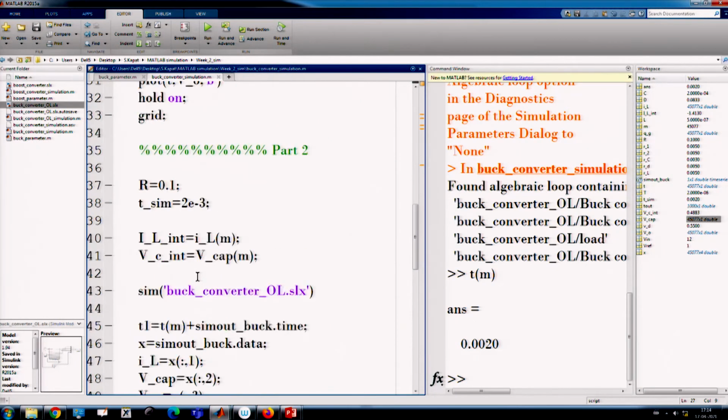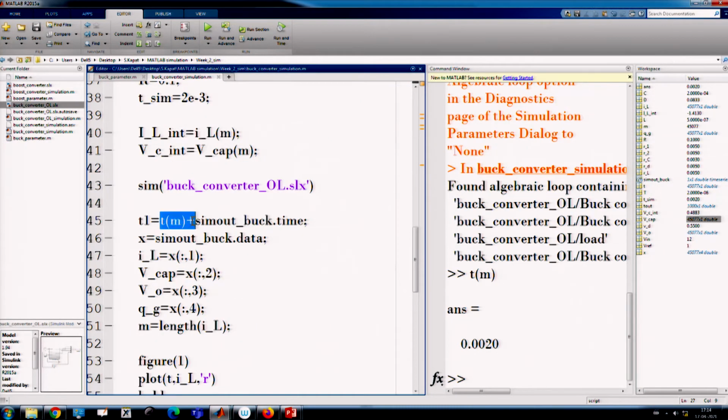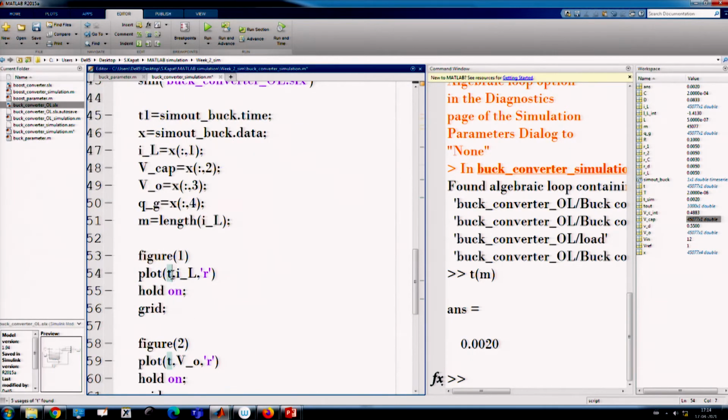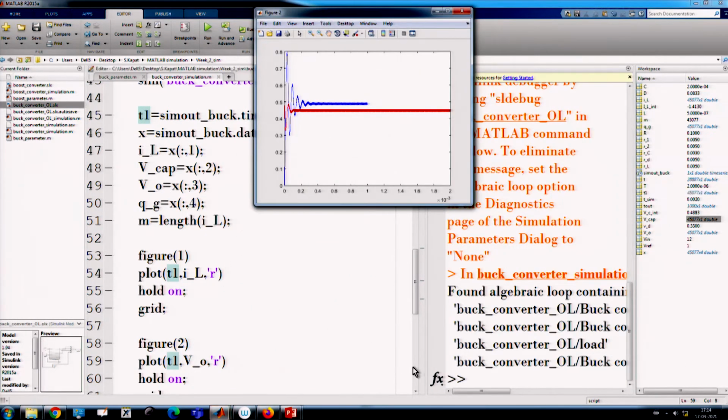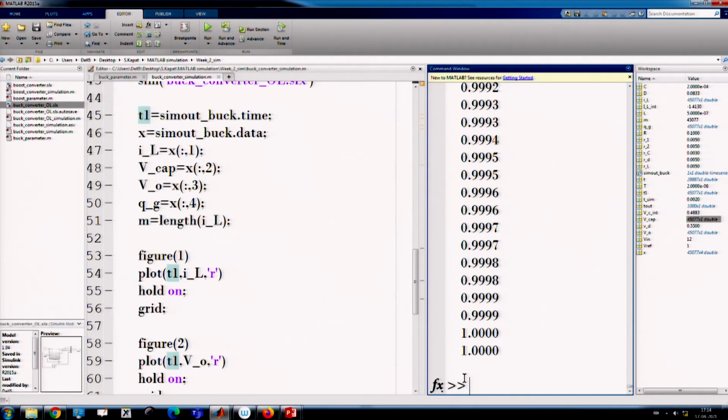So, let us do one thing in order to avoid any confusion. We will use this T1, T1, T1, and run it again, everything is fine. Now, what is T? T is this. What is T1? T1 is this. What is T of m? This m actually does not exist because it has updated the length.